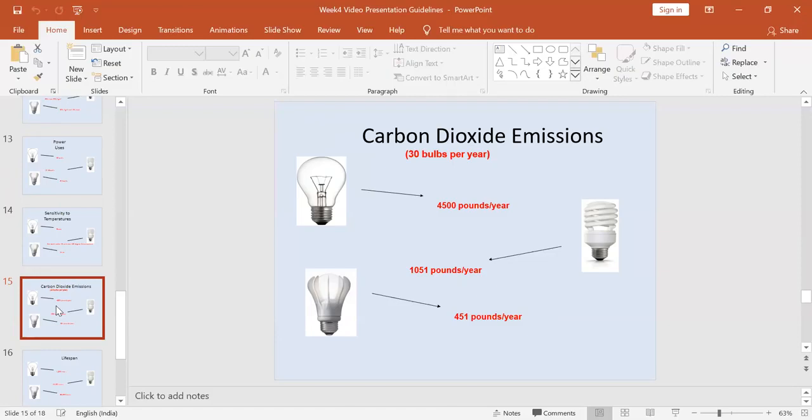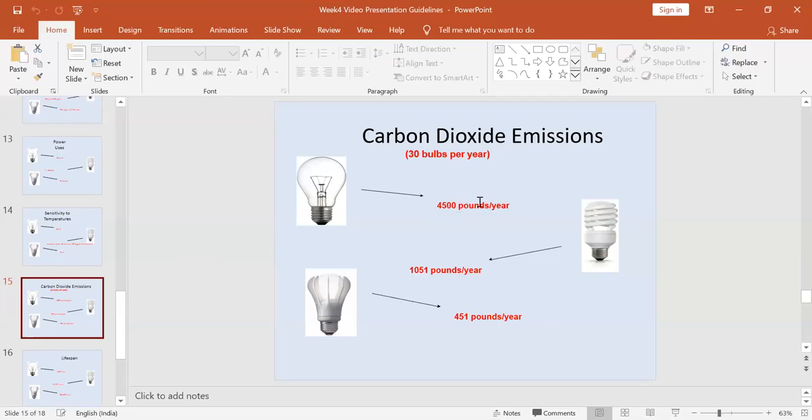This is the main reason: LED lights overcome the drawbacks of the earlier two lighting systems. Consider carbon dioxide emission for 30 bulbs per year. If you use 30 incandescent bulbs per year,